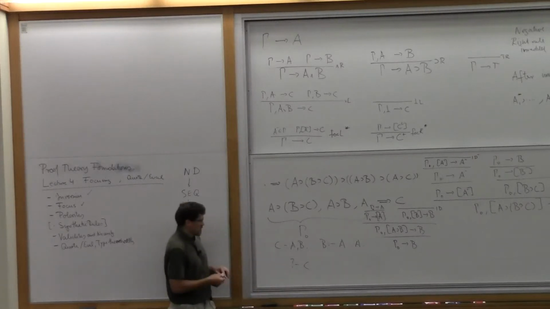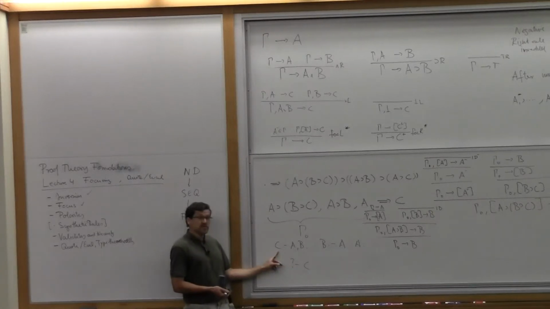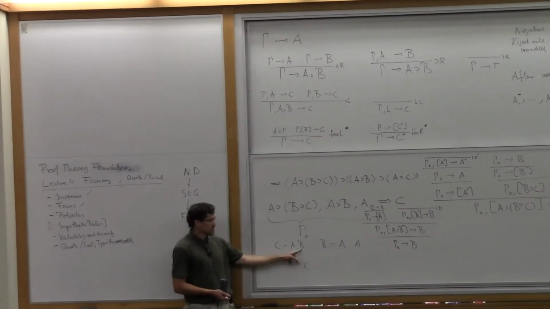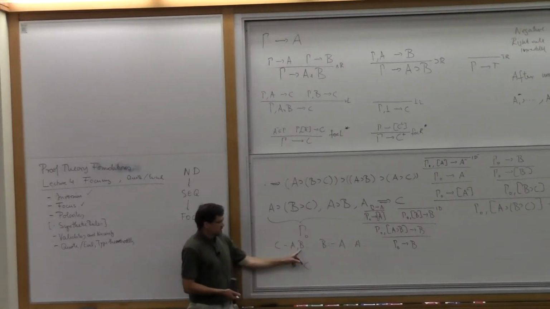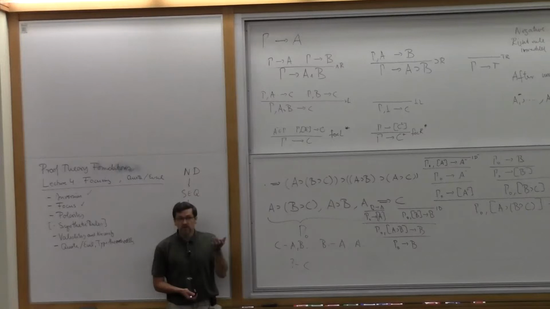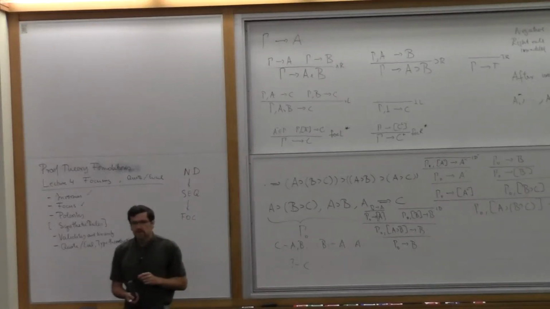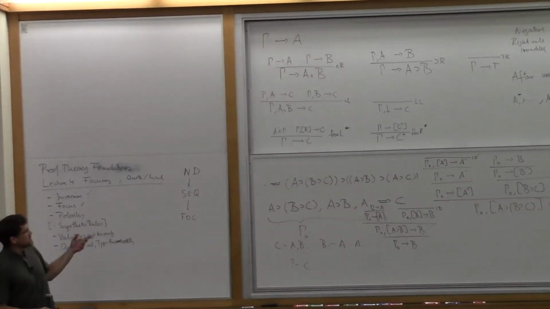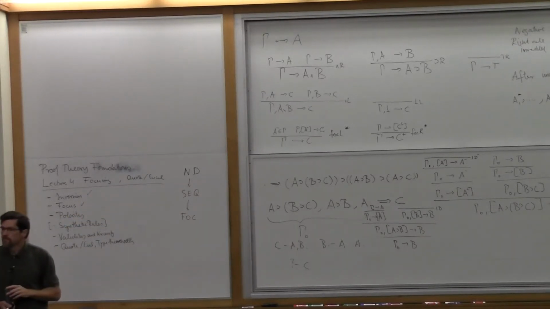In logic programming, we're used to the idea that if you're trying to prove this goal C, you only use the rules that have C as a head, and you reduce it to the subgoals A and B. And then when you try to prove A, you only use the rules that have A in the head, which is this one here, and then you prove B doing this. Okay? You see that the strategy is that if you make all the atoms negative, and you search in a bottom-up way, you get Prolog. Okay. So that's another observation. Except that it's a generalization of Prolog, because Prolog doesn't have disjunction and certain forms of implication and so on.